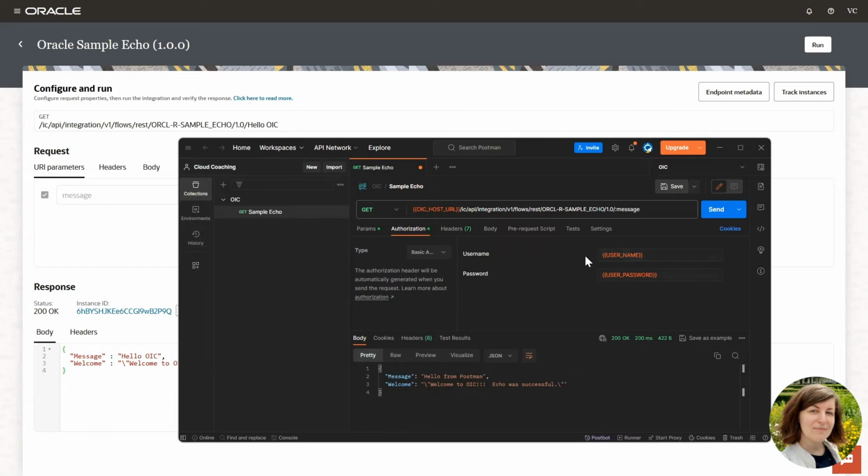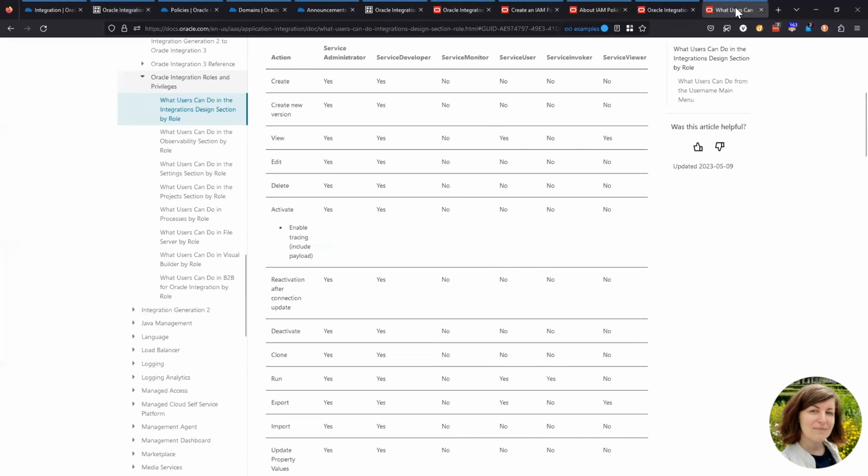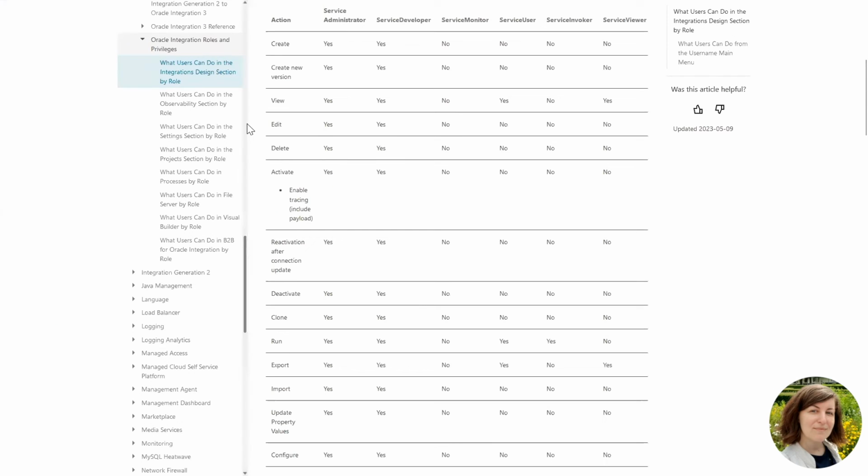The minimum role required for a user to be able to call an integration with basic authentication is the service invoker role. You can see in the documentation what users can do in integration design section by role. To run an integration, these are the roles that are allowed to call an integration: the service administrator, the service developer, service user, and service invoker.